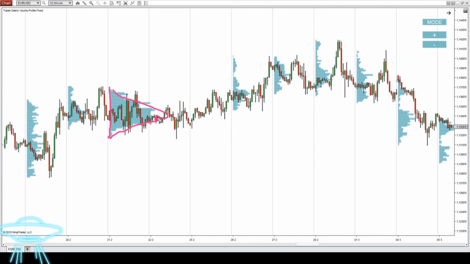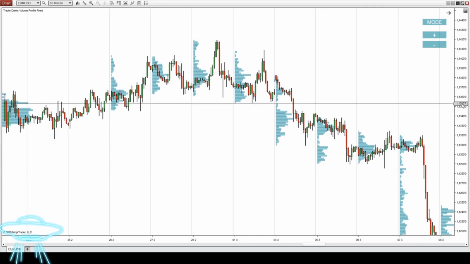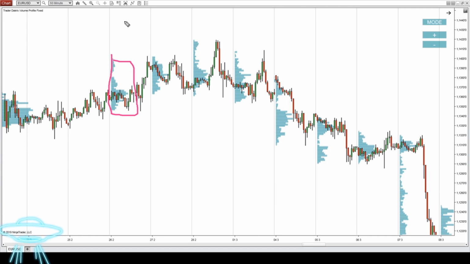Alright, here it is. So what happens next is that there is this profile which looks like a B-shaped profile, but it is not a B-shaped profile because the price closes above 50% of the daily range. So this is not a sign of strong sellers. Alright. After that, there's a temporary balance and a D-shaped profile, which is followed by a B-shaped profile, which indicates